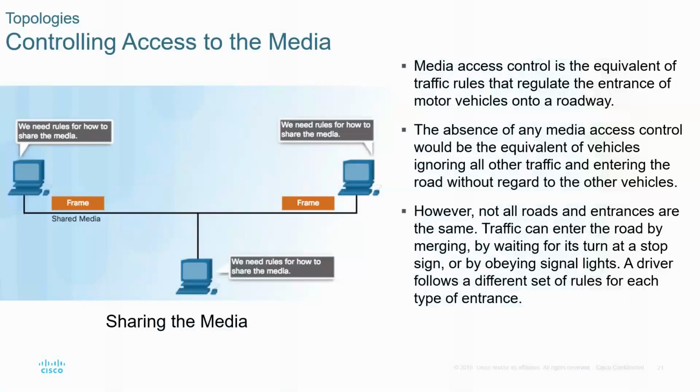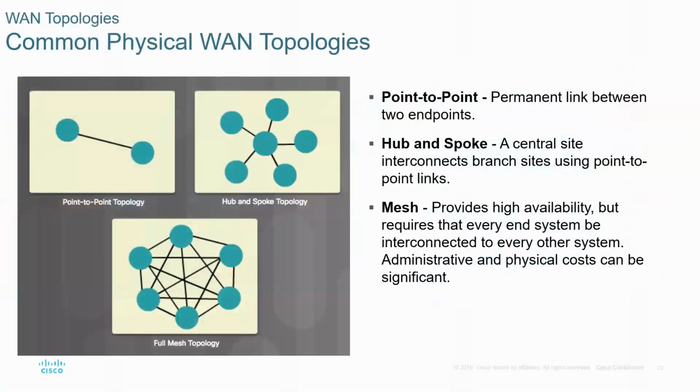Okay, so we will focus today on the medium access control, which controls access to the medium and defines basically which device gets to send at which time, and how they share the common resource between them. But before we do that, we must look at what the network actually looks like, what the common topologies of networks are. With wide area networks, these are basically the most common ones, either point to point,